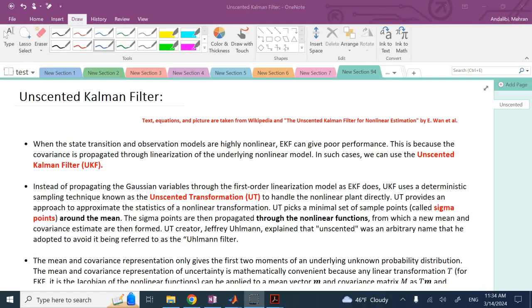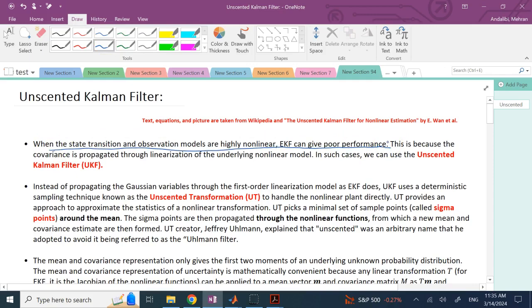Hello everyone. In this video we are going to look at the Unscented Kalman Filter, or UKF, which is an alternative to the Kalman filter when the system is nonlinear, when the equations for observation and for the state transition are nonlinear, and a better alternative to EKF when these equations are highly nonlinear. So the states of the system jump around, they act kind of like chaotic, complicated data series and so on. EKF is not going to do an amazing job in such cases, and so that's where the UKF comes